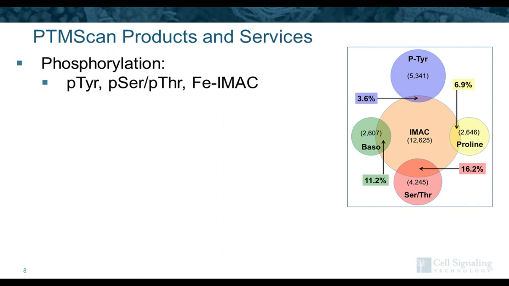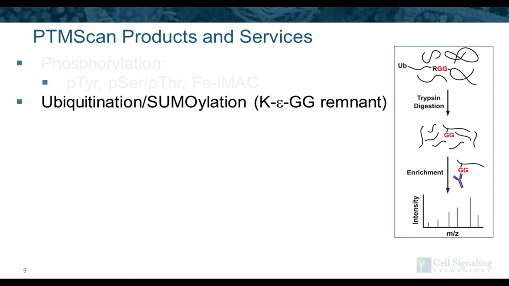One of the interesting things that we've seen and others have seen is that depending on how you enrich, with an antibody or with the metal affinity beads, you actually get different and complementary pools of phosphopeptides identified. And this is particularly important for phosphotyrosine. So to get good coverage of the tyrosine phosphoproteome, you really need to be doing the enrichment using an antibody step.